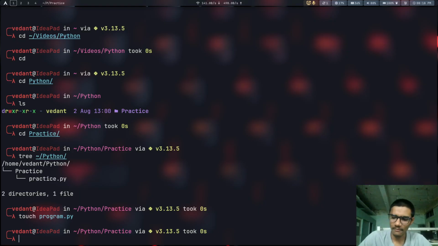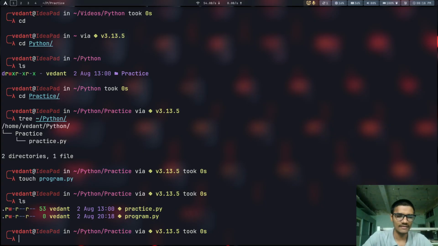remember, I will be saying directory for the folder. Okay, ls. As you can see, there are two files. This one was already there, and this is the one which we created by the touch command. The touch command is like a simple entity. We just create an empty file, there is nothing in it,